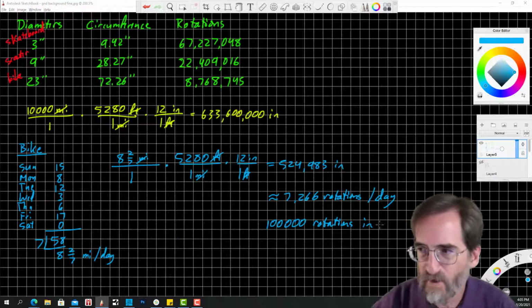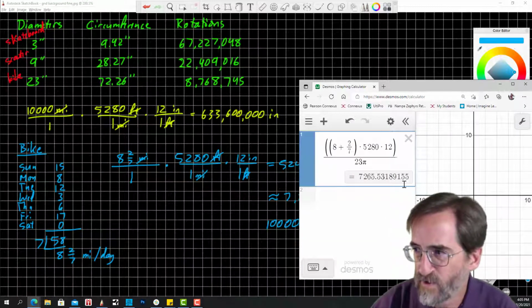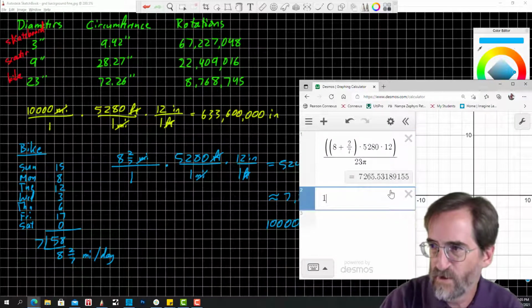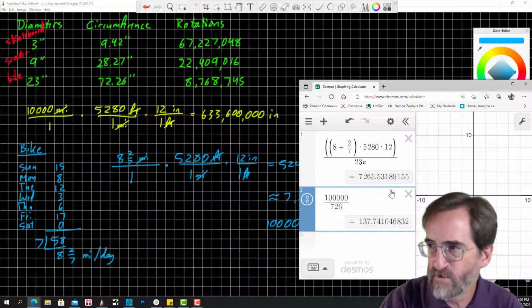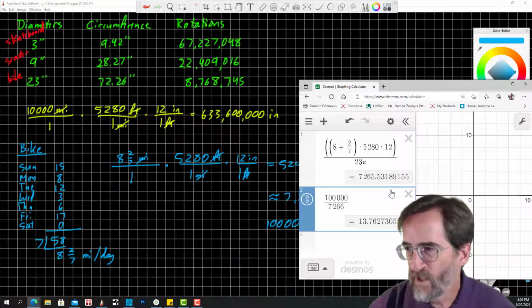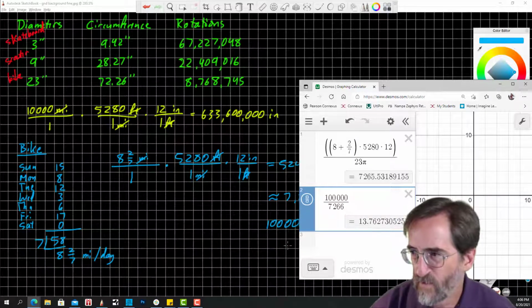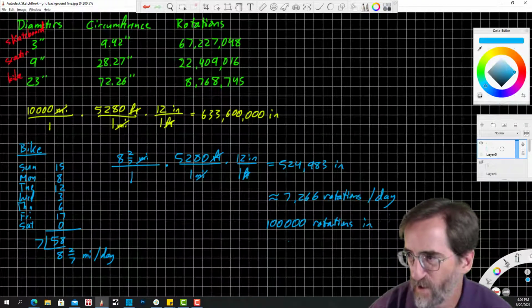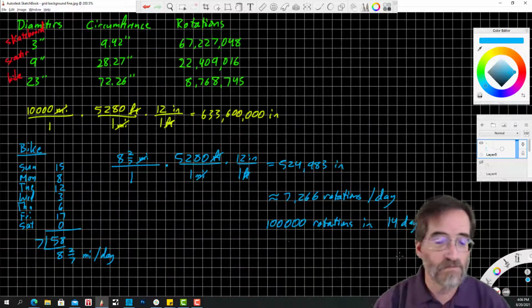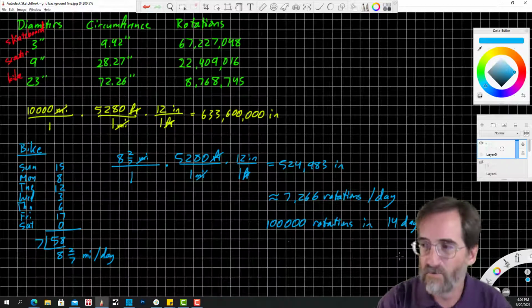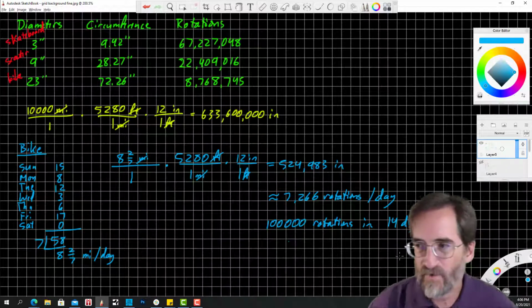To figure that out, I'm going to take 100,000 and divide by 7,266. And it's about 14 days. So by that figure, I should be switching my tires every 14 days